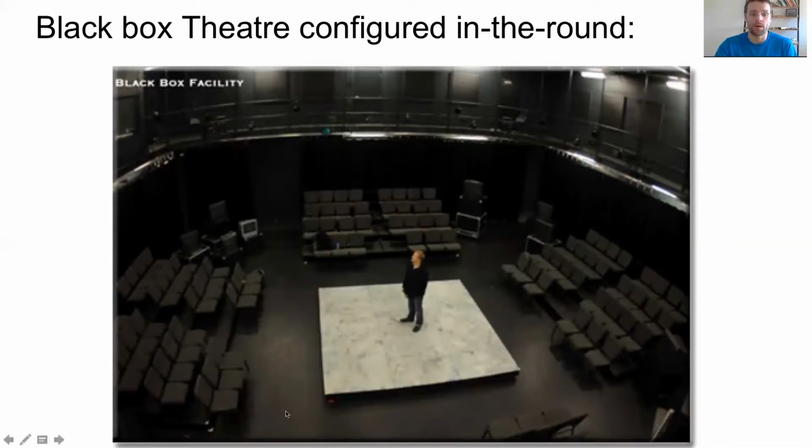Or I could put audience just on three sides, here, here, and here, so that I could build a bunch of scenery here and have my stage here. That's called a 3/4 thrust, right? So we have 3 of the 4 quarters of the space have audience on it. And this is configured in the round right now. And so we have the scenic design can only exist right here. And it can't be too intrusive because we don't want to block the